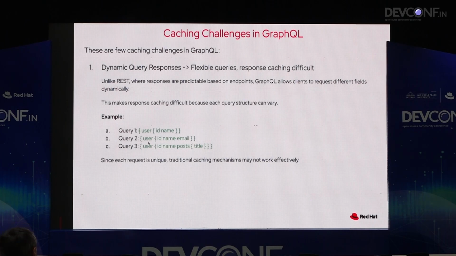And in query 2, you ask for ID, name, and email. So even if the list of users belongs to the same set of users, the first time you will get only ID and name in the response, but the second time you will get ID, name, and email. So the whole response is of a different structure, hence you won't be able to cache it well.